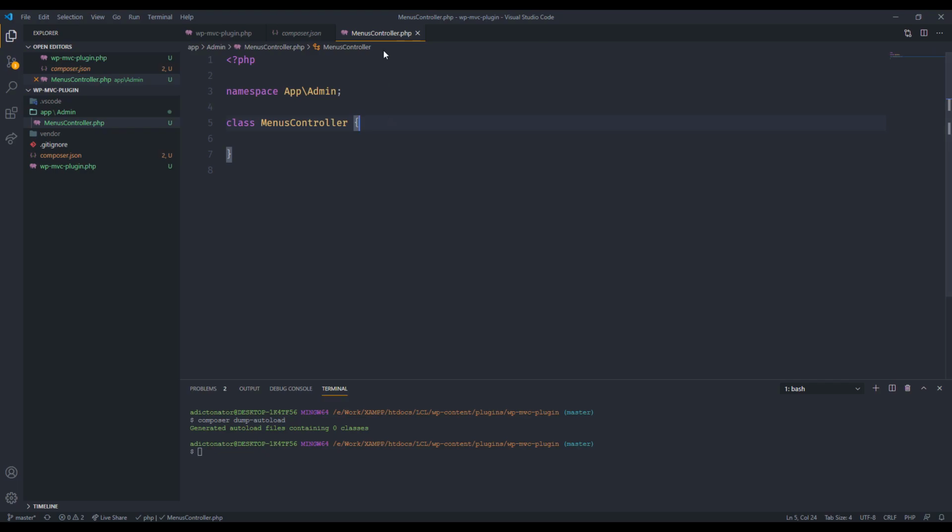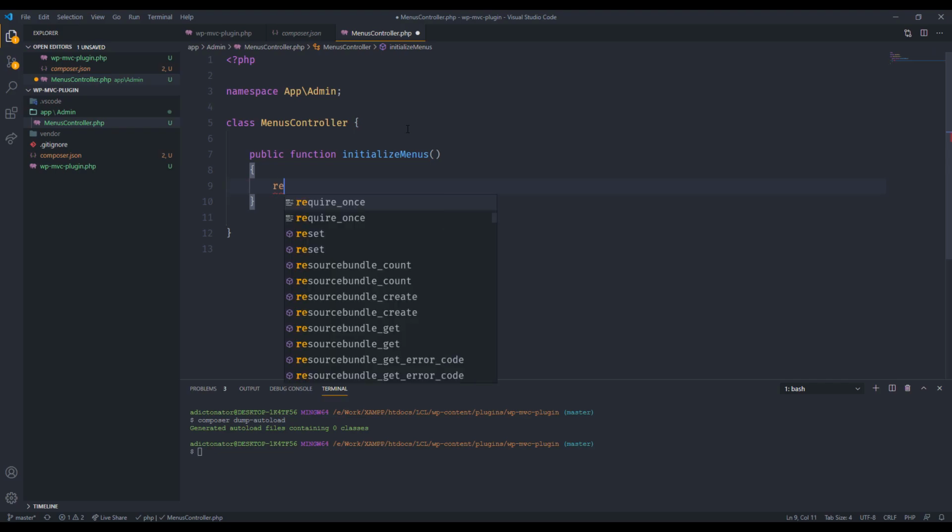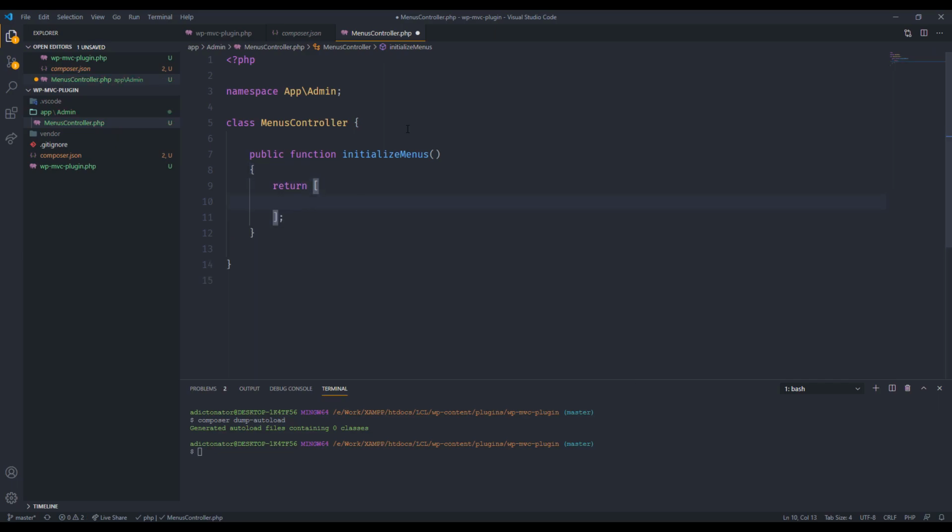And for that, we are going to create a function, and let's just call it initialize_menus. And what I like to do here is create an array of all the menu items, which makes it easier for me to edit in future whenever required. So we are directly going to return this array. Now, every key item in this array is going to be the slug for our menu. So for our main menu, the slug is going to be wp-mvc-plugin, which is basically the name of our plugin, and it will contain all the menu items such as page title,